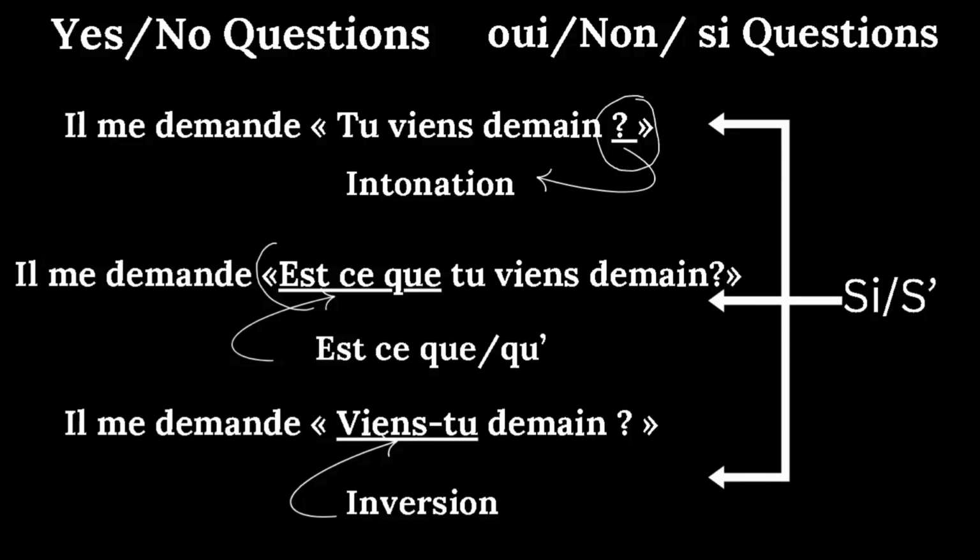Then we have est-ce in the front, we add est-ce in the front. And the third one is we are inverting it, where we are inverting the subject pronoun and the verb. So the first one we call it an intonation form, second is with the est-ce, and third is with the inversion. These three questions are simply answered by using yes and no. So to change them into an indirect speech, we will use si or s' apostrophe before a vowel. So we'll keep these things in mind and we'll solve them.